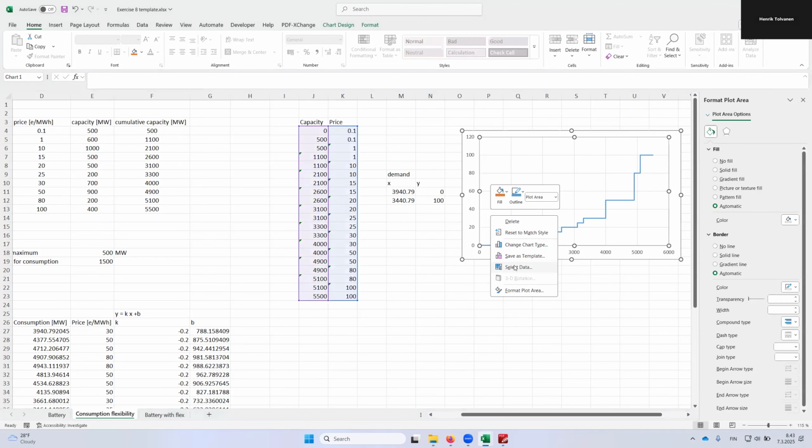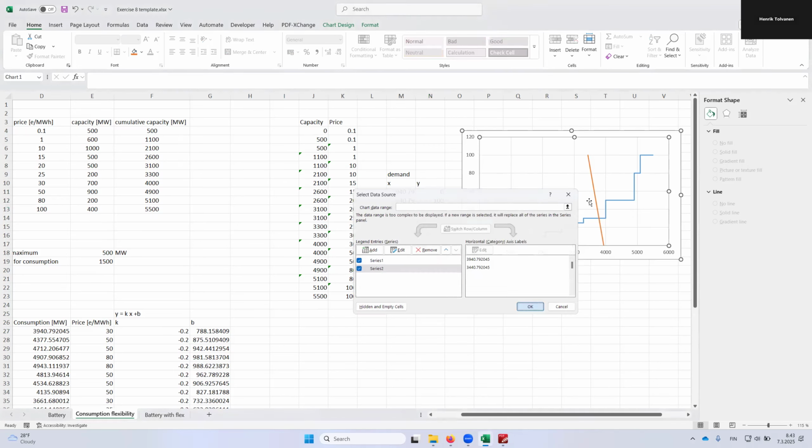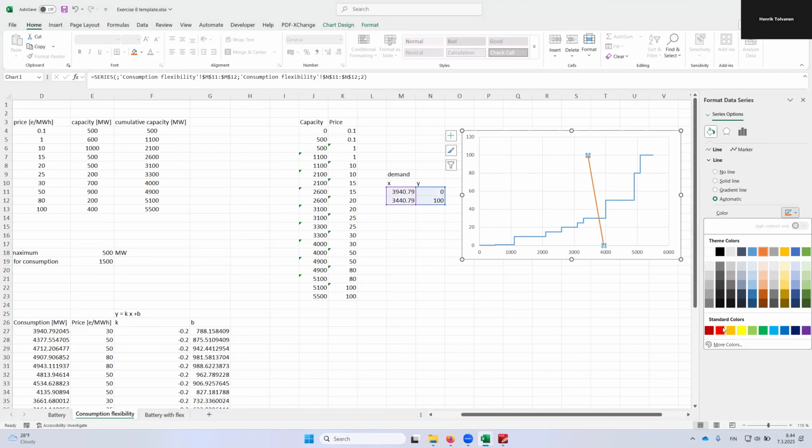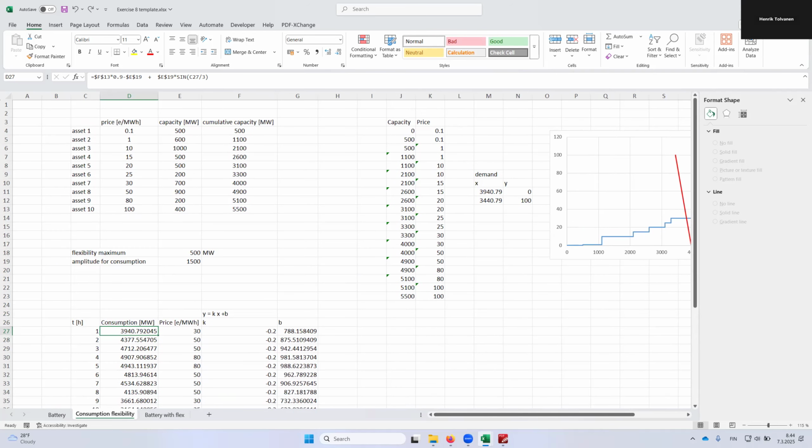So let's go ahead and draw it so you'll see how it looks like in here. So X values in here and Y values in here. So now we have the elastic demand function in here. And if we were to change the consumption value in here, so if we were to put 2,000 here, the price curve for the demand is going to move accordingly. And we still have the same slope. That wouldn't be the case, but for the sake of simplicity, we're going to use that assumption in here. So now